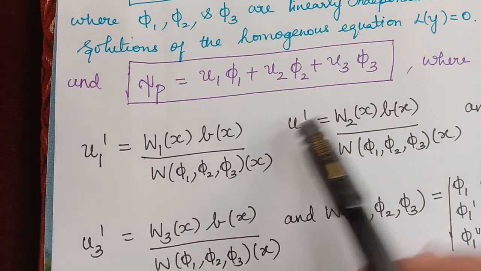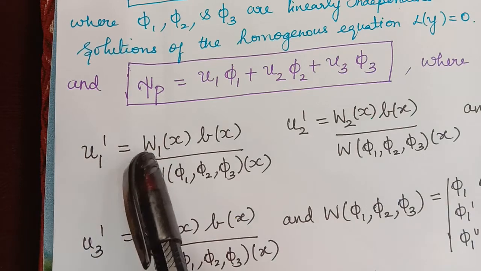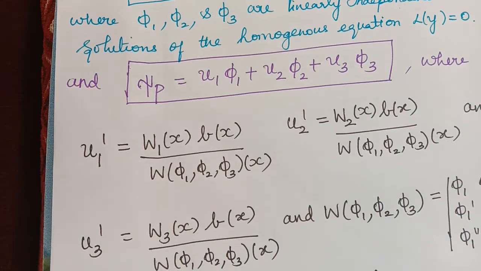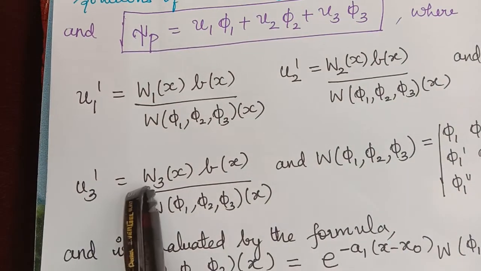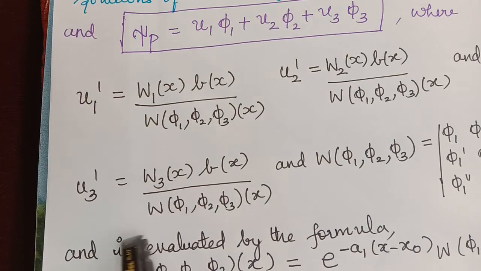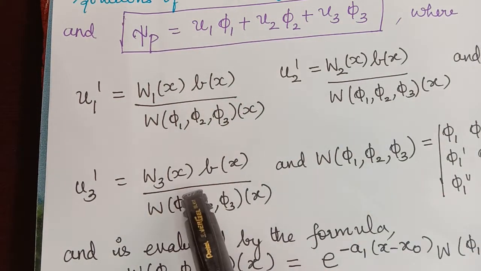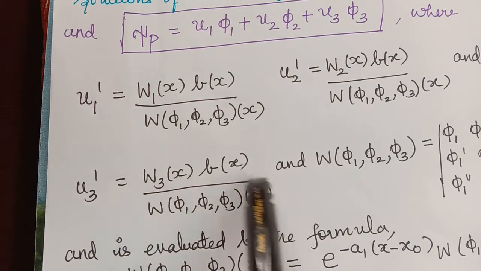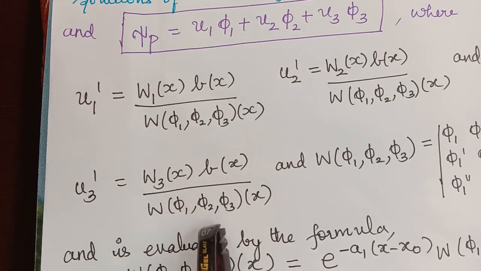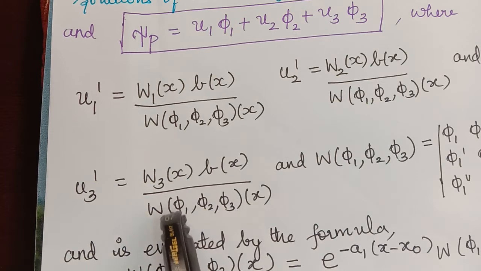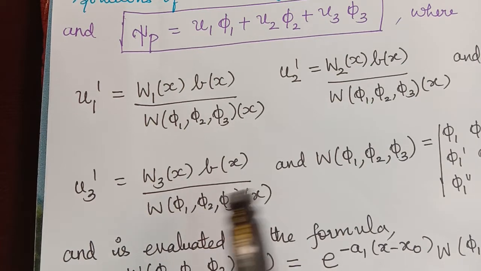Similarly, for u2 dash we will have this change alone. Here Wronskian 1, here Wronskian 2. And u3 dash is given by W3, so Wronskian 3. The denominator and b of x remain the same for all three. Here the denominator is the Wronskian of phi 1, phi 2, phi 3, three linearly independent solutions, which is given